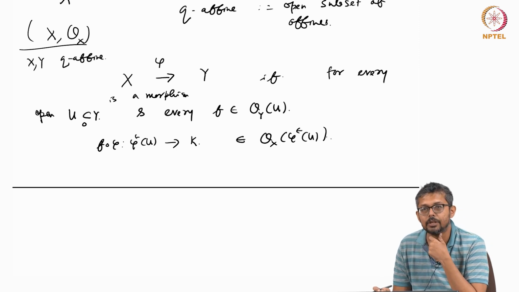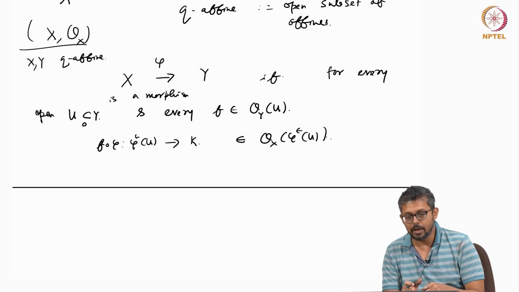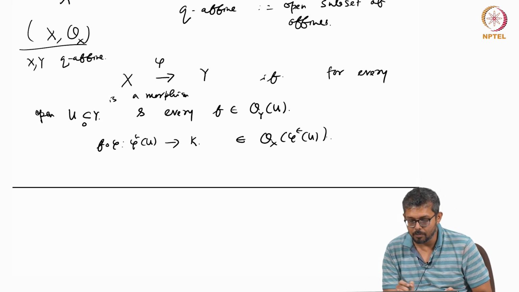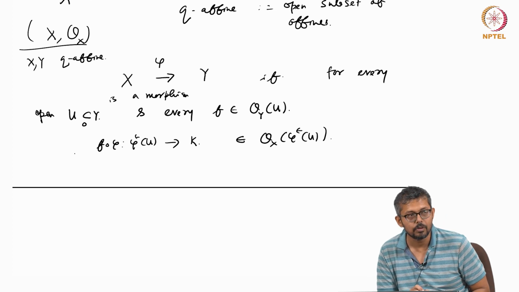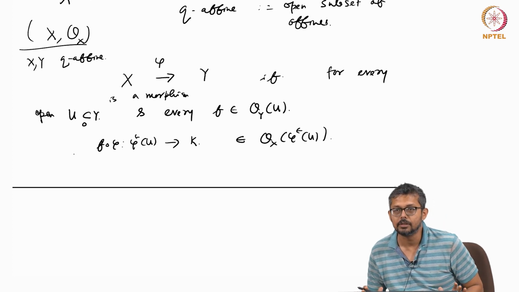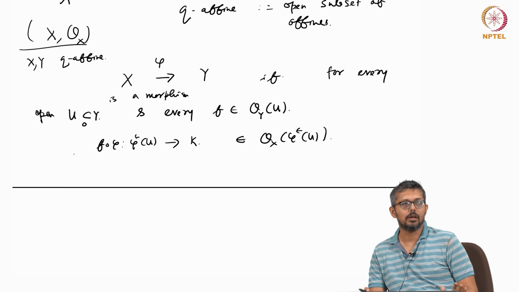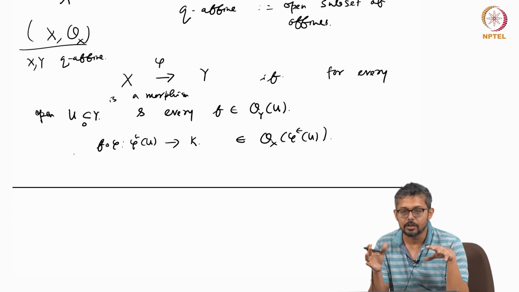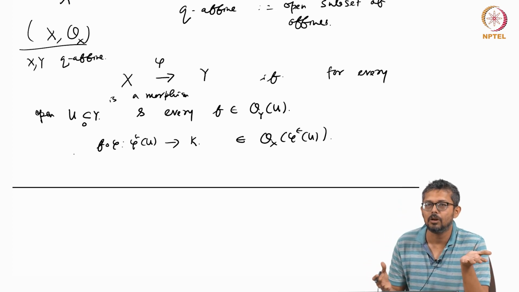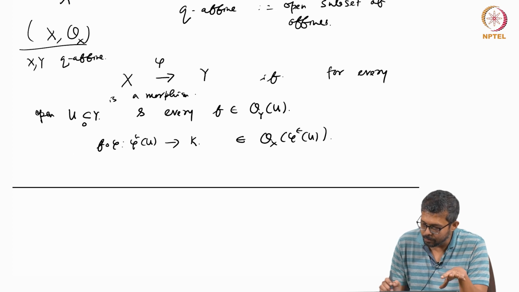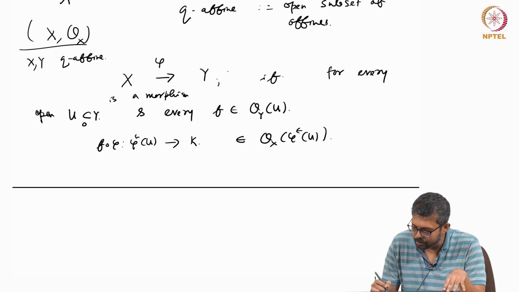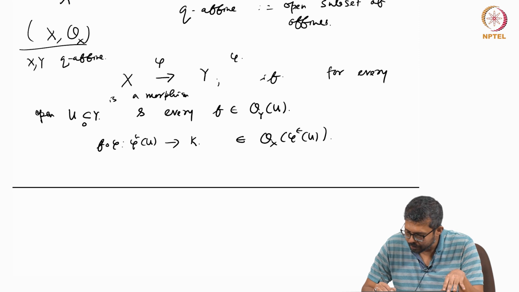This was the definition, right? You say it is a morphism if for every U, so much data. See, that's the problem. It's not just a continuous map. So it's a morphism if, first of all, this is a continuous map, which I forgot to say: phi is continuous, plus